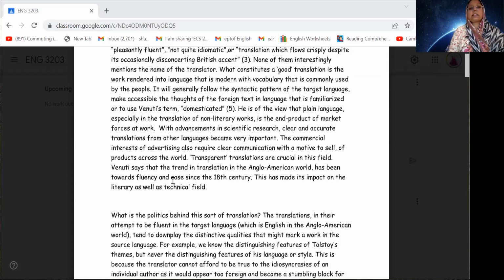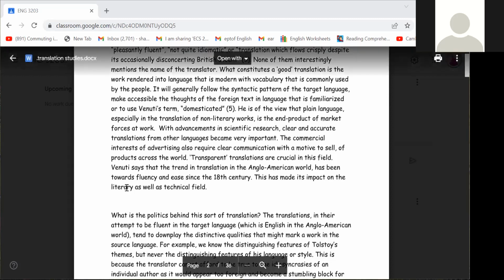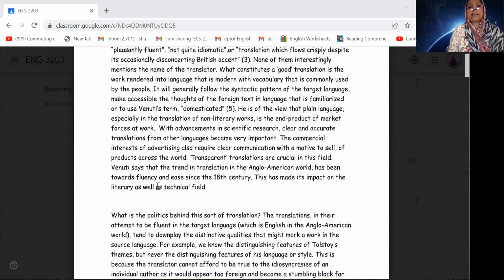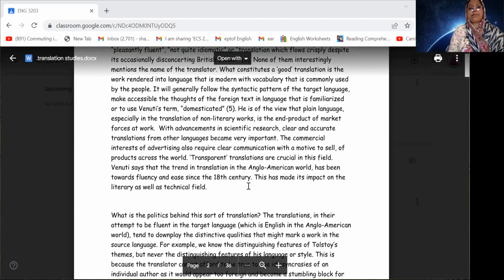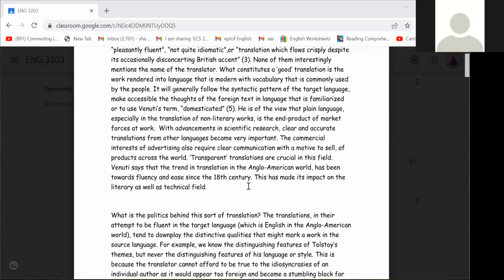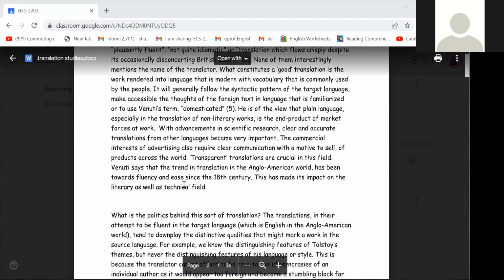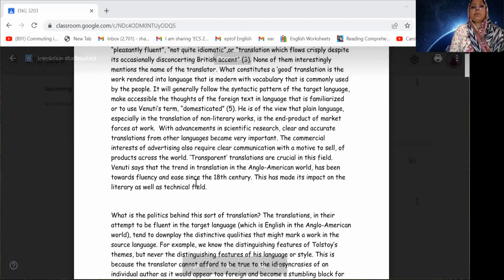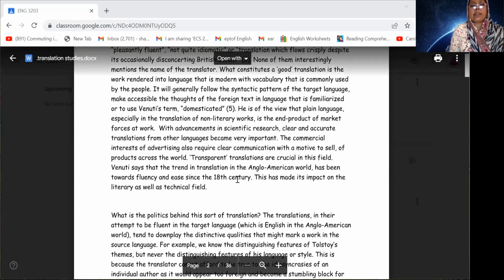Venuti says that the Anglo-American world highlights on fluency and ease since the 18th century. American world is a translation culture that comes from fluency and ease, স্বতঃস্ফূর্ততা এবং সহজ বোধ থেকে, যেটা চলে এসেছিল 18th century।